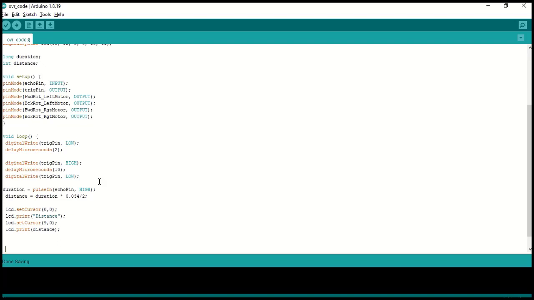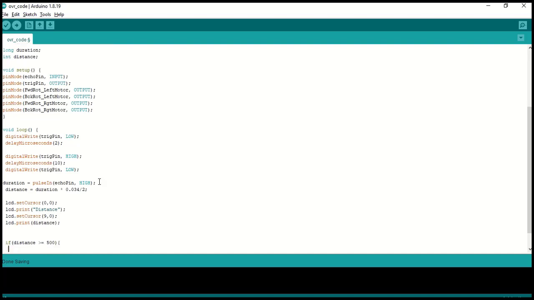Now it's time to use this data to control our motor. For example, if the distance is too low, then our motor should run in the backward direction, then it should move right and move away from the obstacle. So let's write code for that. A simple if else condition we will write. So if the distance is greater than or equal to 500, then